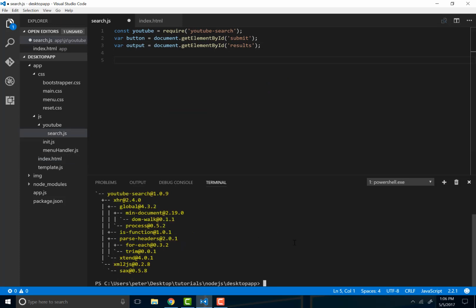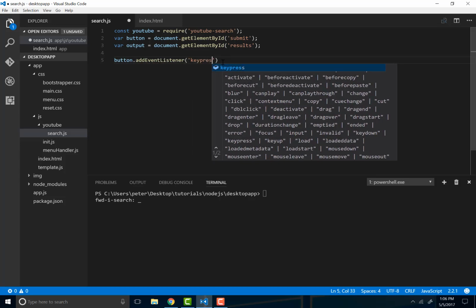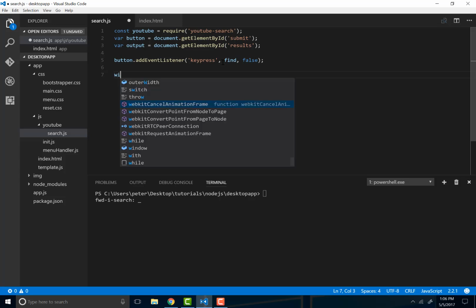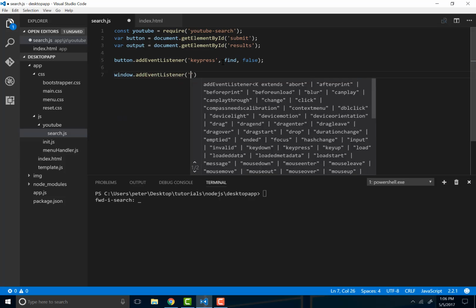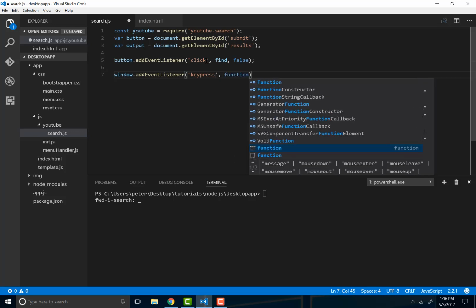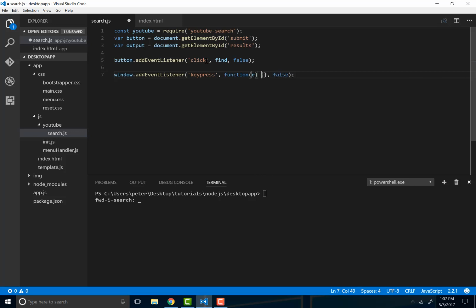Alright, so if we go ahead here now, let's just clear this real quick. I'm gonna do a button.addEventListener, and I'm gonna add an event listener for key press, and I'm gonna run a function called find and set this to false, and then I'm gonna do window.addEventListener, and sorry, this is not gonna be key press, it's gonna be click. This one's gonna be key press, and we're gonna run a function, pass it the event, and we're gonna return false here,